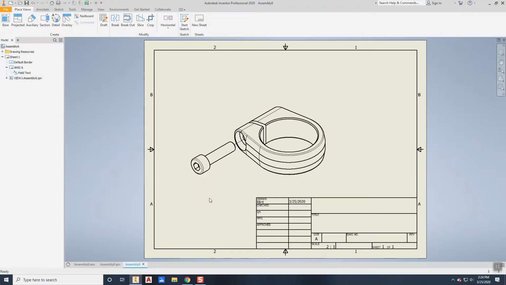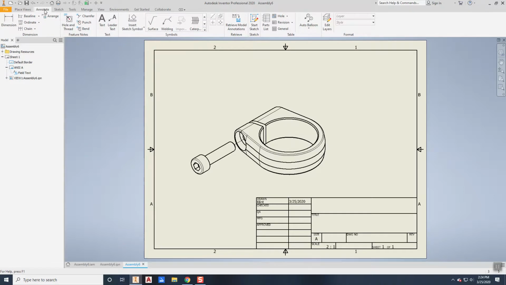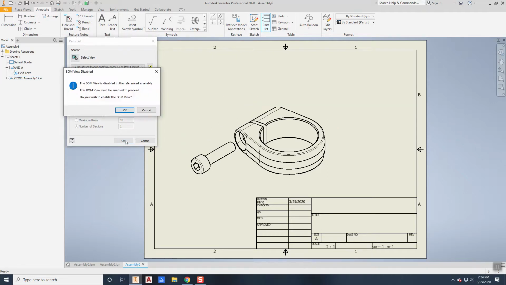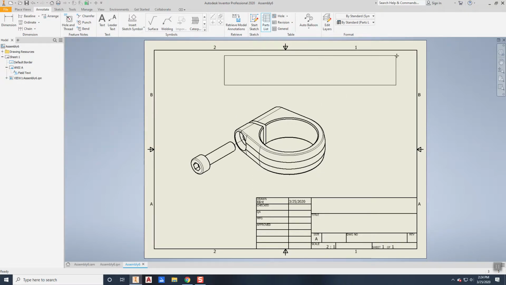That creates my base view, okay, that I can now come in and put in my balloons and my bill of materials. So to put the bill of materials in first, I'll go to Annotate. I actually go to Parts List, and then I'll select my view, which is this one here, and say OK. It's going to say, hey, do you want to enable the BOM view? I say yes. And then I'm going to put that right up here,